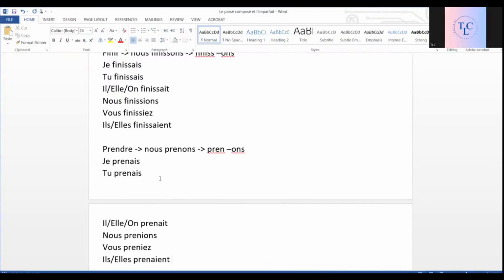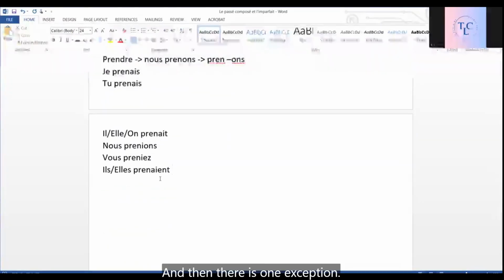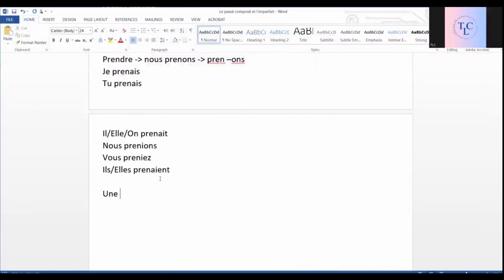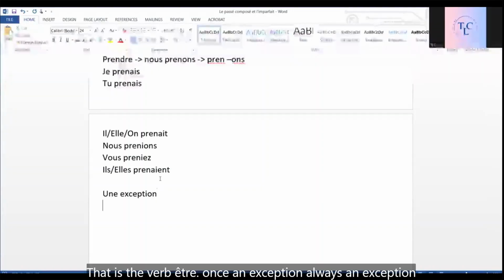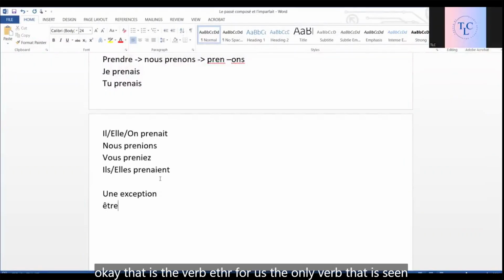Okay, and then there is one exception. Une exception, that is the verb être. Once an exception, always an exception. Okay, that is the verb être for us. The only verb